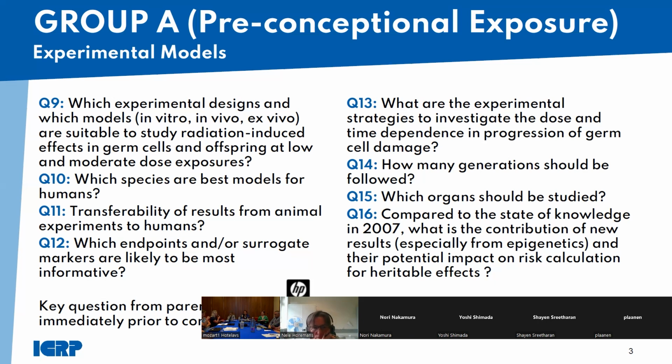sometimes you also have to adapt your endpoints to the level of sensitivity you want to tackle. Because if you are addressing a very accidental release of radionuclides, it's easy. You take survival, you take reproduction, you will always see something. But if the question is to see effects of chronic low dose exposure, then perhaps you have to think more about what new endpoints you have to follow. Perhaps it's not always DNA repair, perhaps it's cardiovascular disease. You know that much better than me, but cardiovascular disease, neurodevelopment, neurodegeneration, I don't know, but